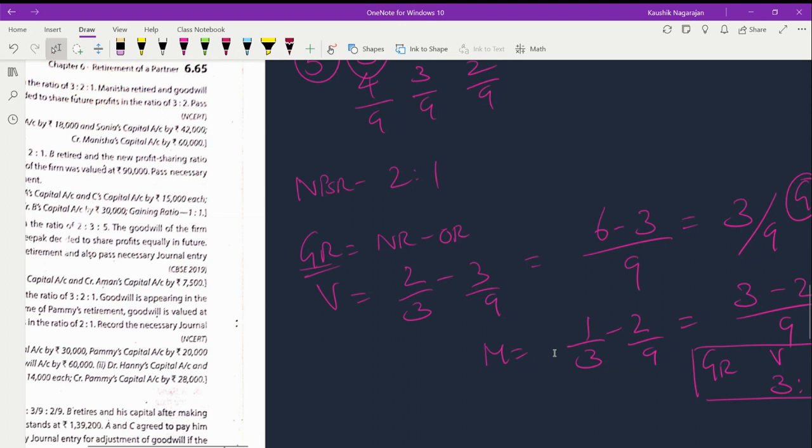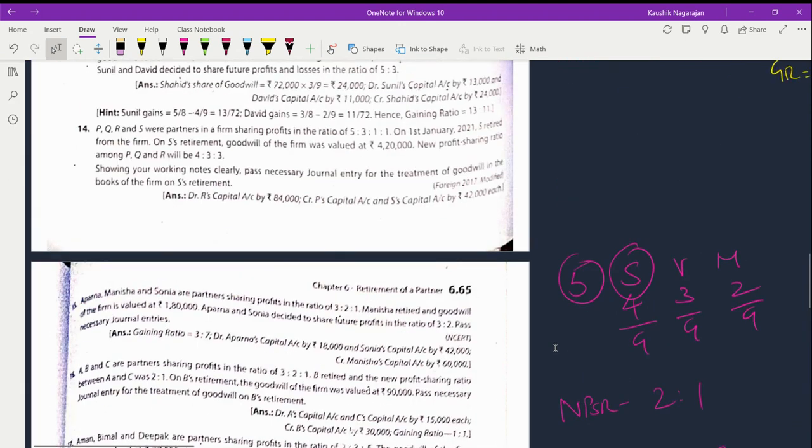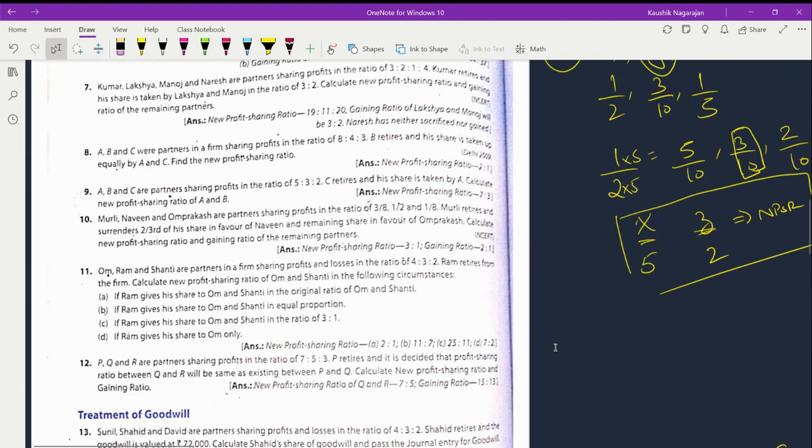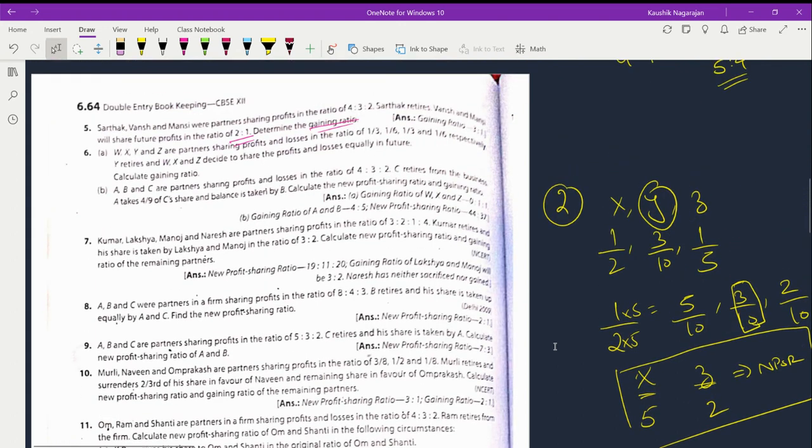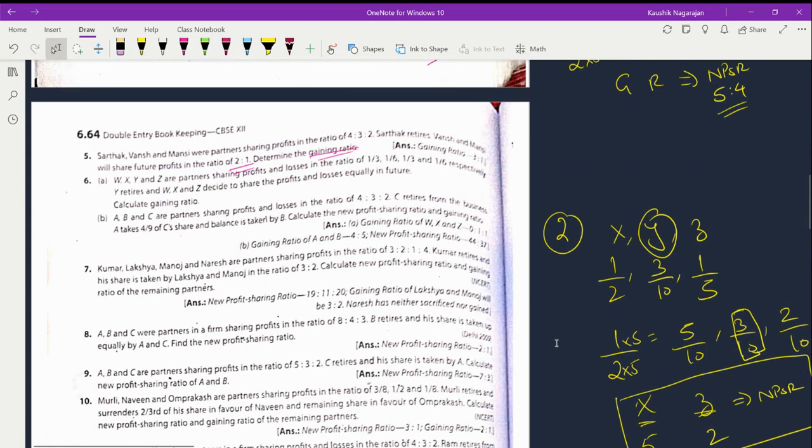Now moving on to problem number 6. We try to work out almost all the problems. If the problems are of the same pattern, then we'll move on to special case problems. So here, if you see